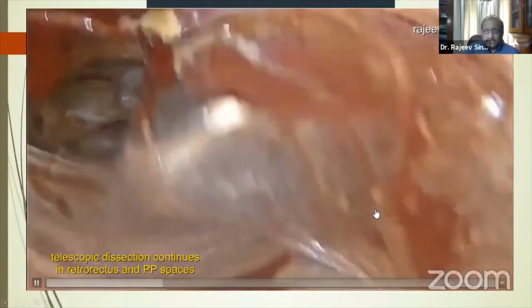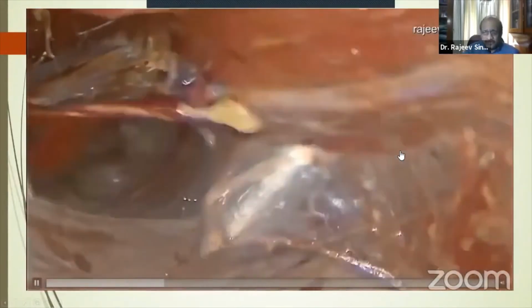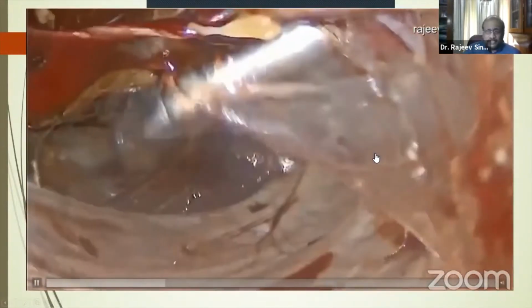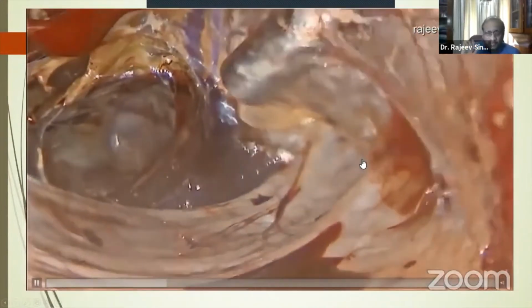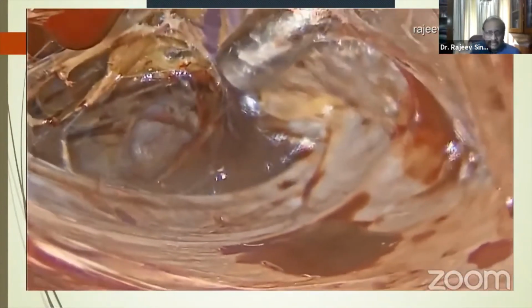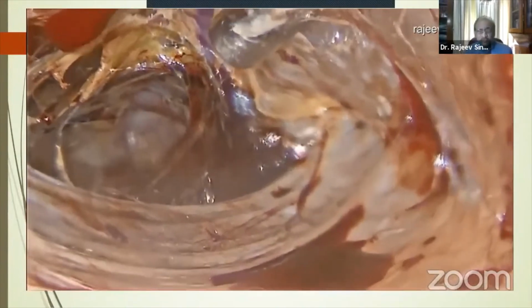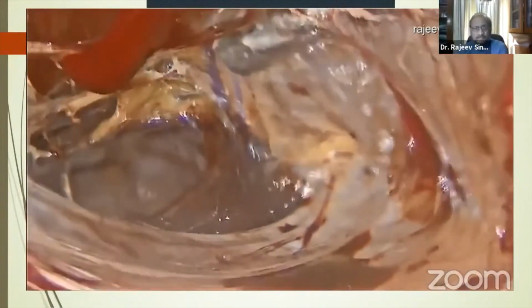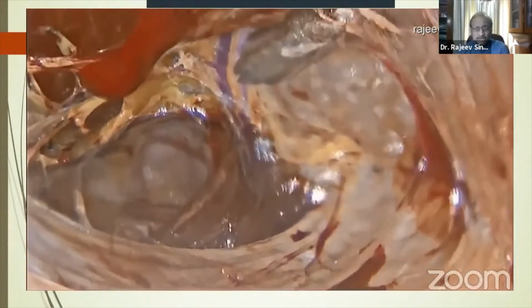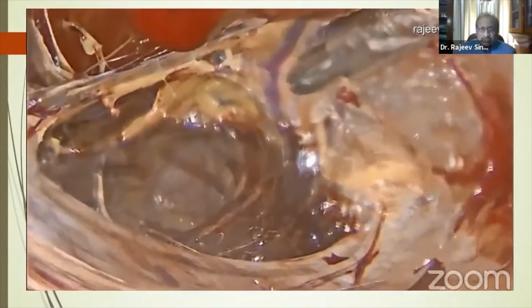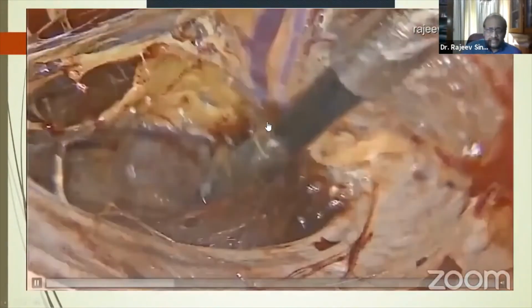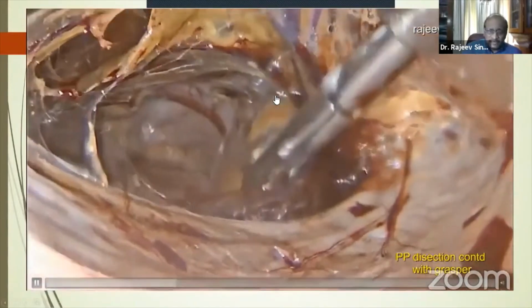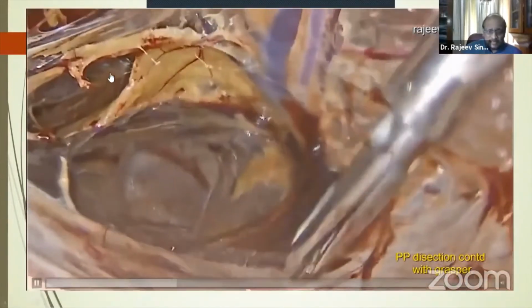Now, could you see the needle for a short split second? That needle ensures that you're into the right space. And once you take out the needle, then you push in the second trocar. So this is the second trocar that I pushed in. And now see that inferior epigastric artery. Those are the inferior epigastric vessels out there, and they are being retracted laterally. This was the right-sided hernia being tackled.